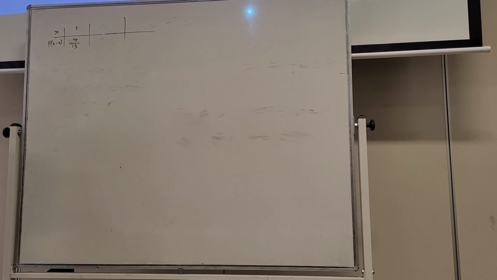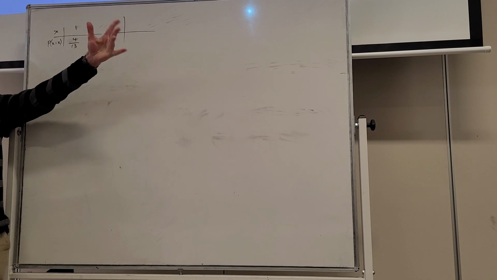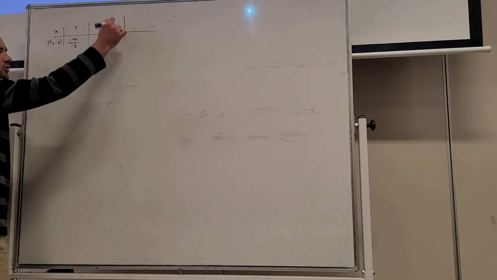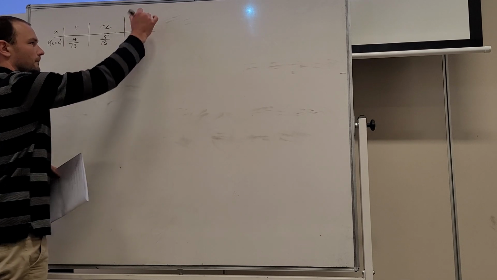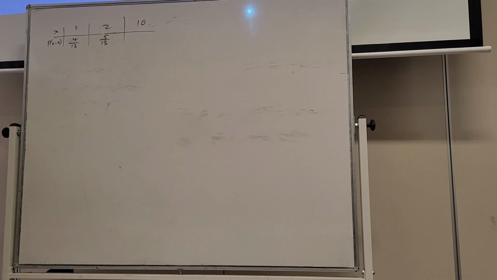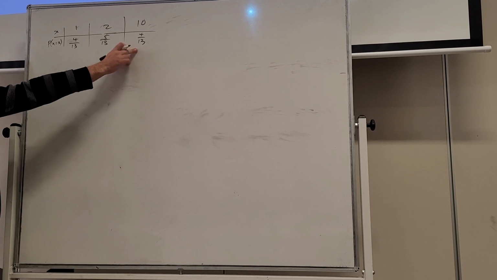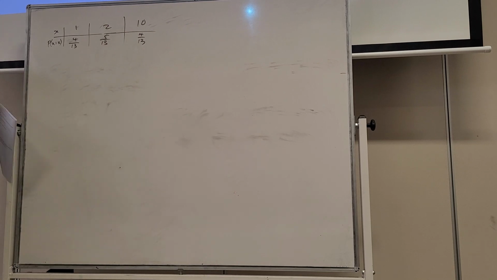Or if you get a 6 to 10, so a 6, a 7, an 8, a 9, or a 10, there's 5 possible ways that can occur, out of 13, and you win $2. And then the big jackpot, the ultimate prize, $10 if you draw a face or an ace. A face means a jack, queen, or king, or an ace. Okay, 4 out of 13. And you can solve that by elimination because you know all of the probabilities have to add up to 1 anyway. Okay, so we've got the probability distribution here.